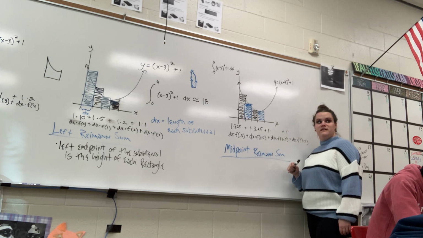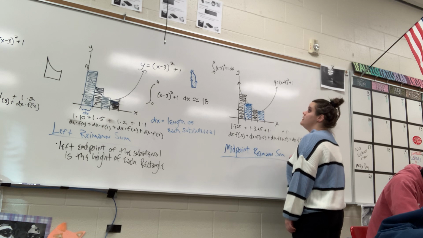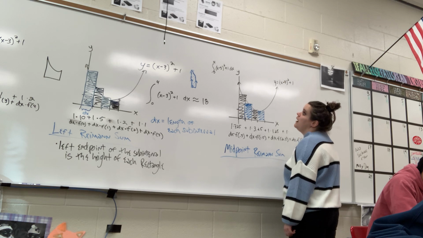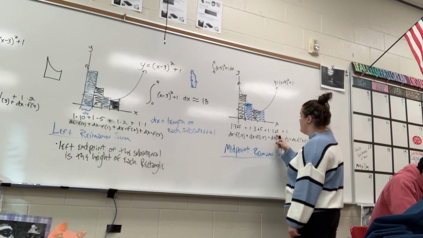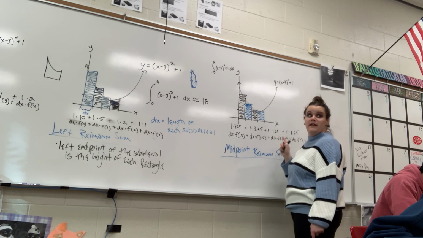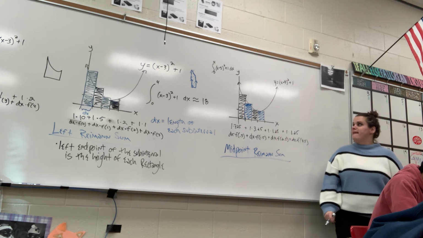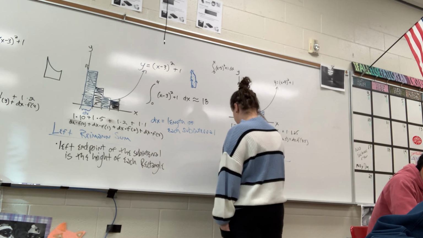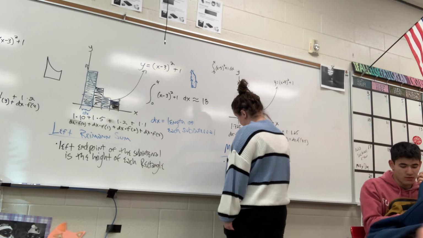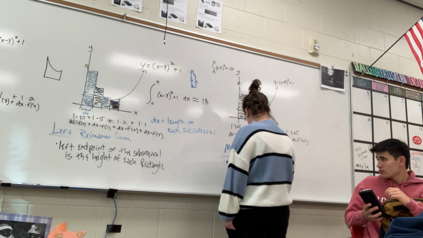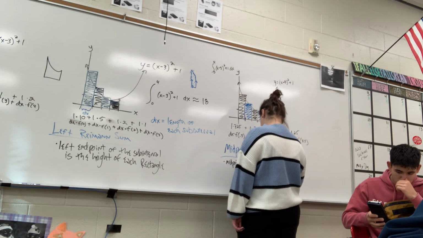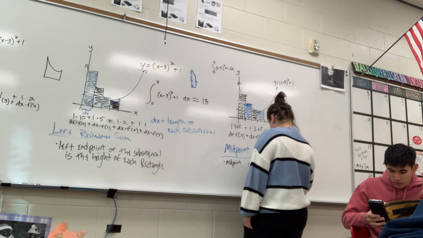Then here, is that right? I think it's right, but I'm not sure. No, so add them together. Okay. 11, 12, 13. How do you make your table ask you for the independent variable? Click on table settings or table format, and then click on ask for the independent. Okay, so like 18 plus 10